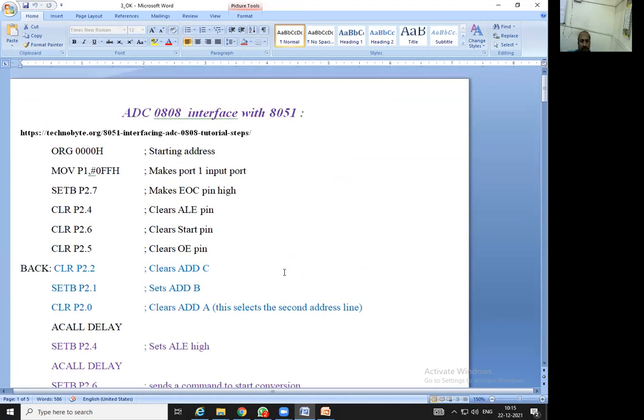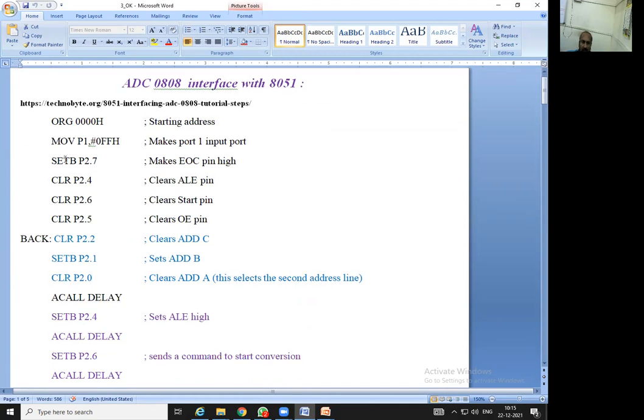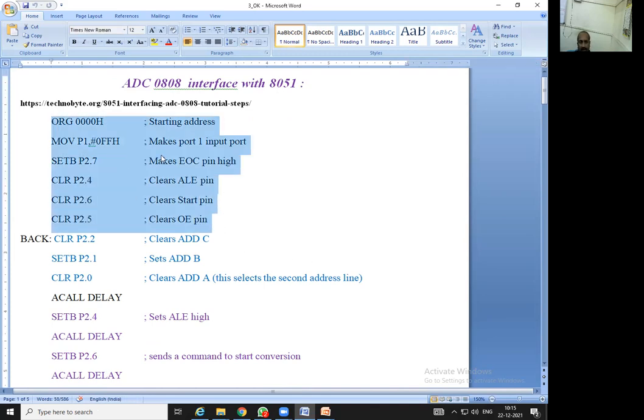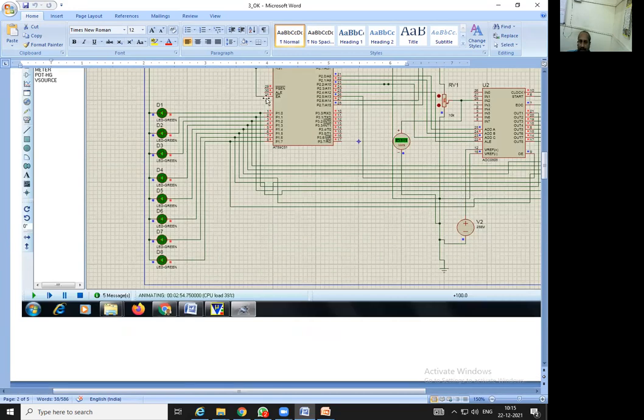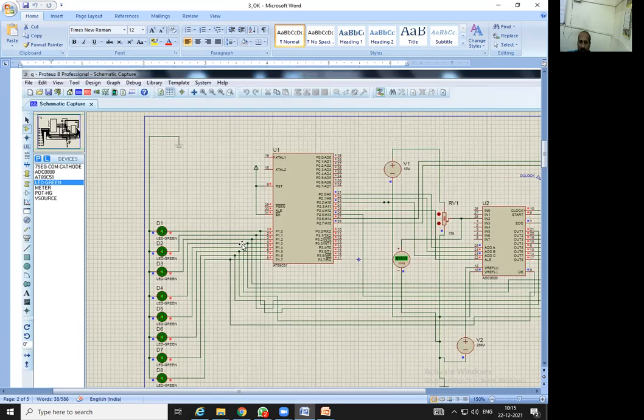Now let us see the code. Whatever we have explained right now is now converted into this code. I have highlighted it with colors so that we can make a partition and understand which code is for what purpose. So here it starts with the highlighted part. The comments have also been written. First is port P1 made FF. FF means all ones. So where is that port 1? Here. This port 1 is made all 1.